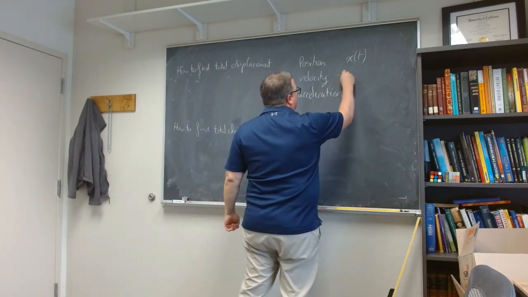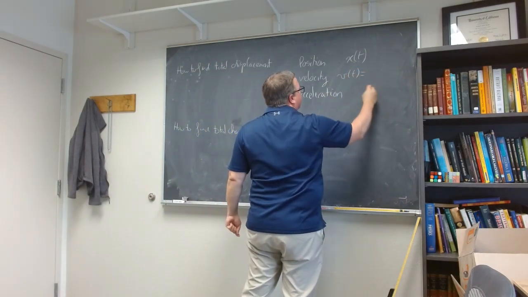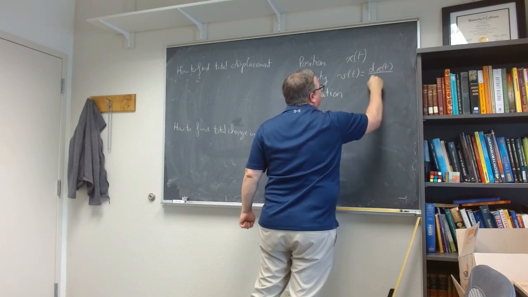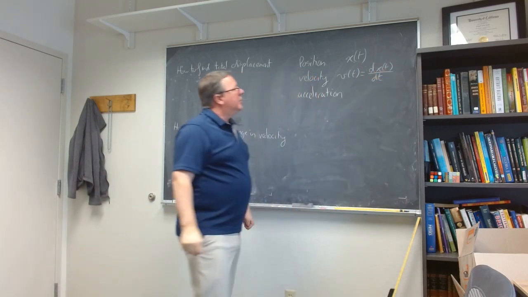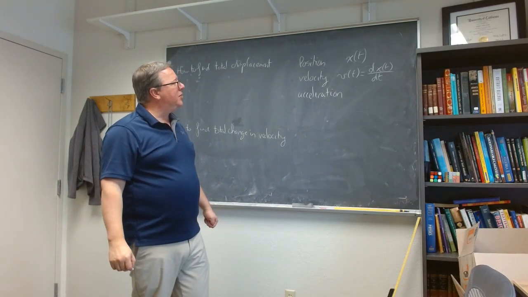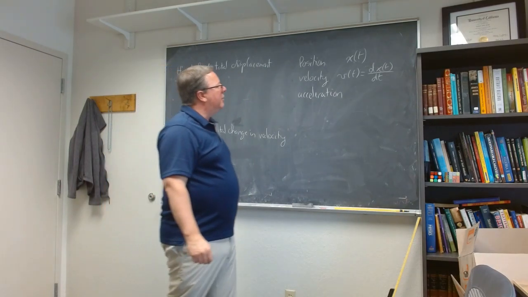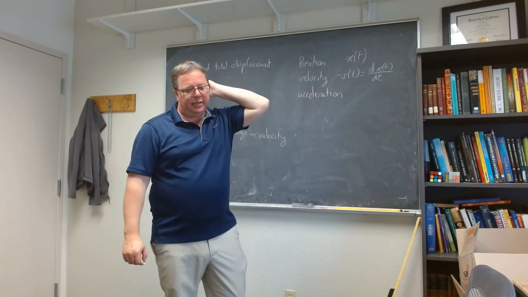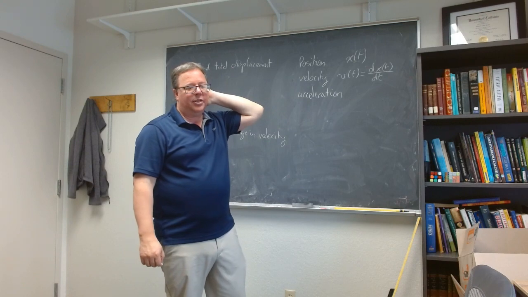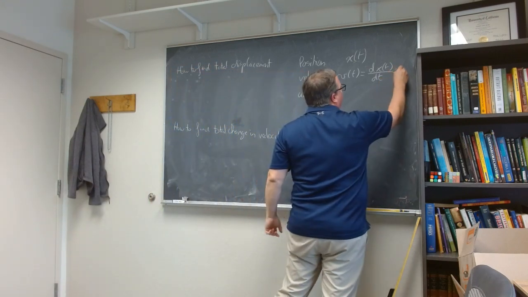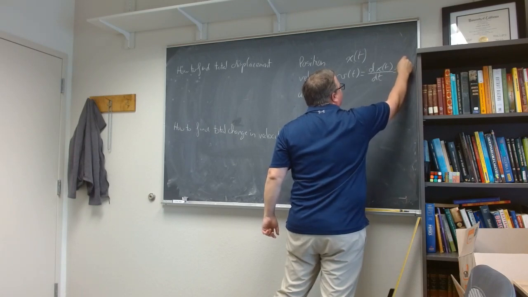Velocity, v of t, is given by taking the derivative of position over time. So we take the derivative of position, we get velocity. So v of t is the same thing as x prime of t. Often in physics, it's going to be denoted by x with a dot on it. So I'll just write it here just in case you see it. x dot